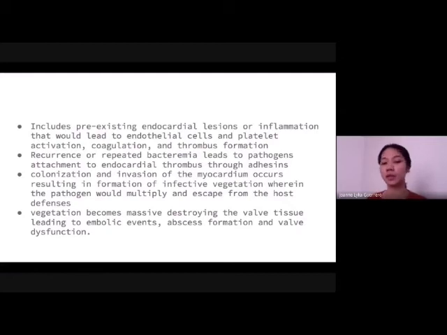And the vegetation becomes massive, destroying the valve tissue, leading to embolic events, abscess formation, and valve dysfunction. So, trauma will produce an alteration in the endothelial cell, which can cause disruption of the surface and deposition of the platelets and fibrin, or other phenomena that render the surface susceptible to colonization by circulating bacteria. Then some bacterial strains would adhere to the fibrin platelet matrix, and this can be blocked by antibodies directed against